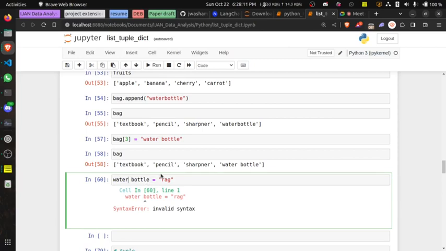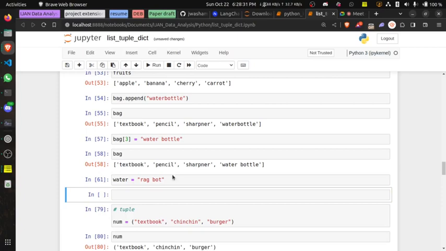Okay, let me reverse this situation. I'll take out this bottle. I'll leave water. I'll come to rag and I'll put pot here, rag pot. Now, if I run this, this will work because everything is enclosed in a quote. And Python sees it as a string. That means that you can have rag pot, you can even have not, it will work, right? Because they are all enclosed inside this string.